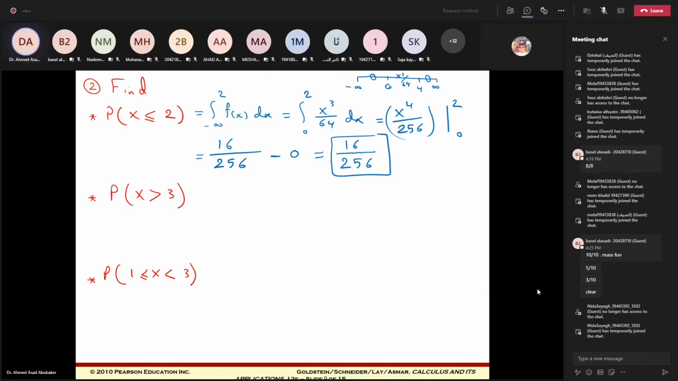Probability x greater than 3, this is equal from 3 to infinity, for f of x. I don't have all this interval for one function. We have from 3 to 4, and above 4 the function is 0. So we need to find the integral from 3 to 4 for x to the power 3 over